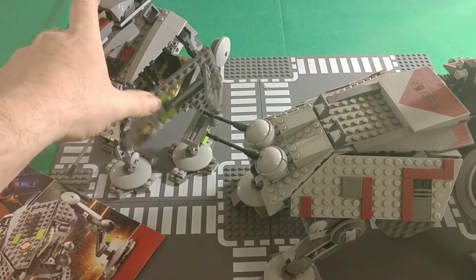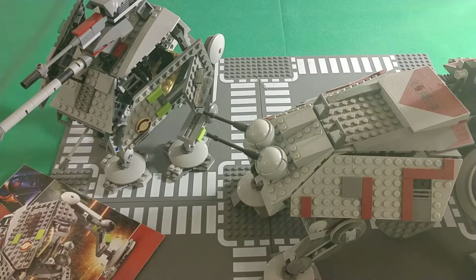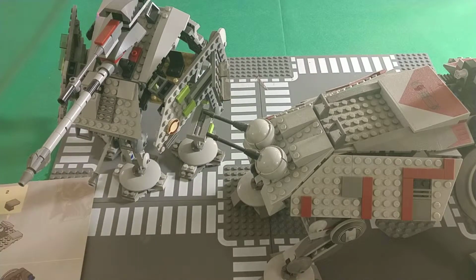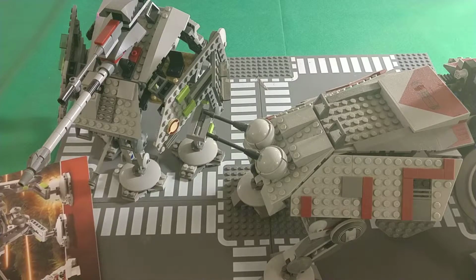I would put that back together like it's supposed to, but I'm going to be tearing it apart and storing it. So anyway, the instructions were pretty nice, pretty easy. I mean, but overall,